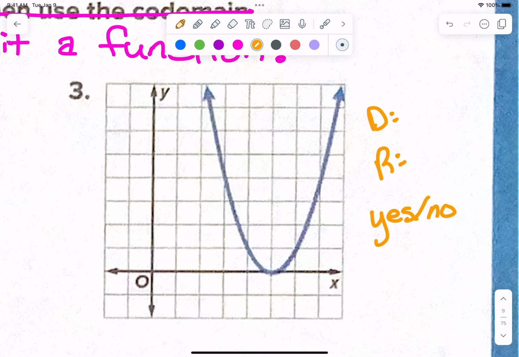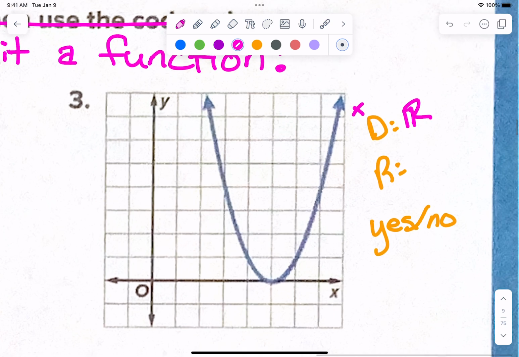Domain is the x's. X's go left and right. So will it go to the left forever, to the right forever? Yes. So what do you put for domain? All real numbers. For range, will it go up forever? No. Will it go down forever? No. It's just y's that are